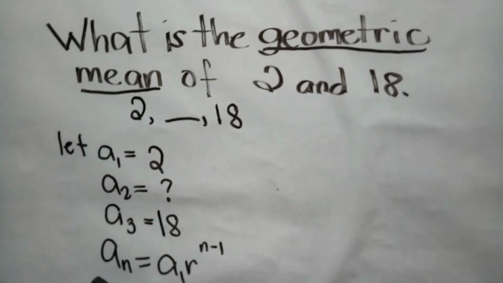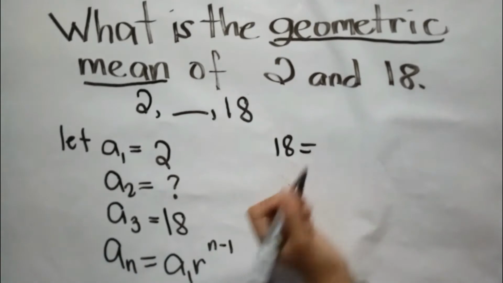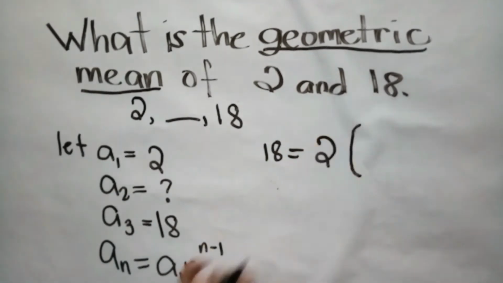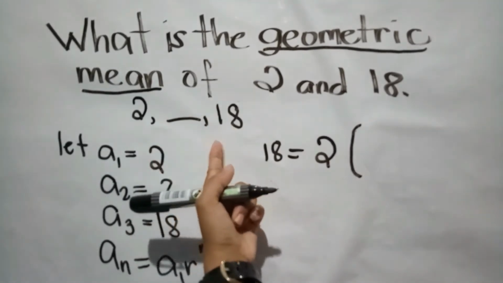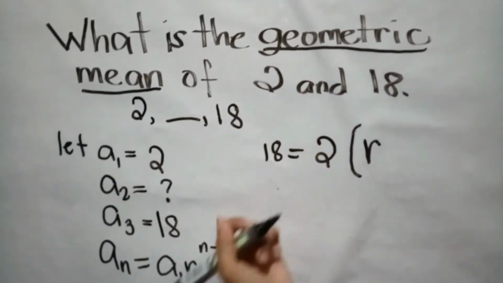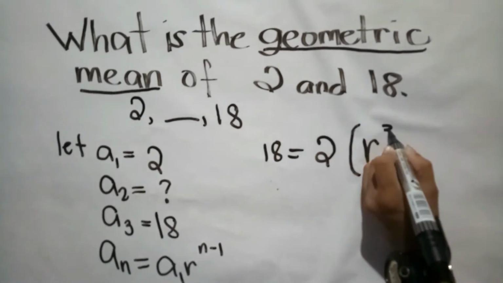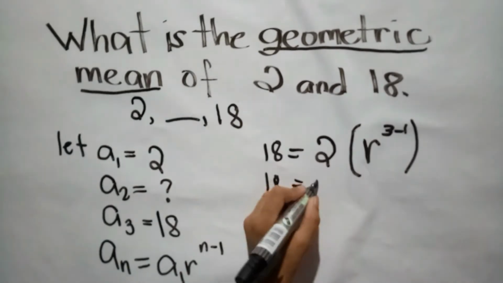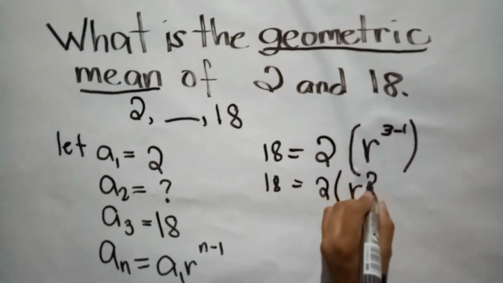Okay, let's substitute the values. A sub n is equal to 18, or the last term. 18 is equal to a sub 1, and that is 2, multiplied by the common ratio. What is the common ratio? It is not given. So r raised to n, how many terms? We have 1, 2, 3. So raised to 3 minus 1. Then solve. 18 is equal to 2 times r raised to 3 minus 1, and that is 2, or r